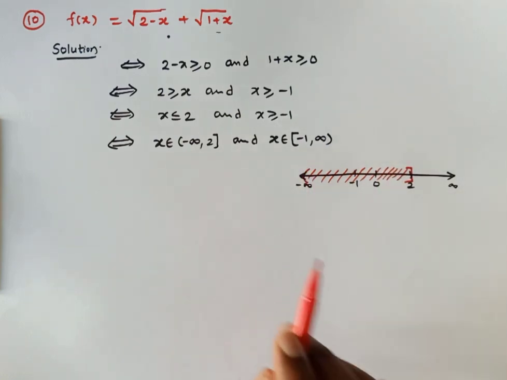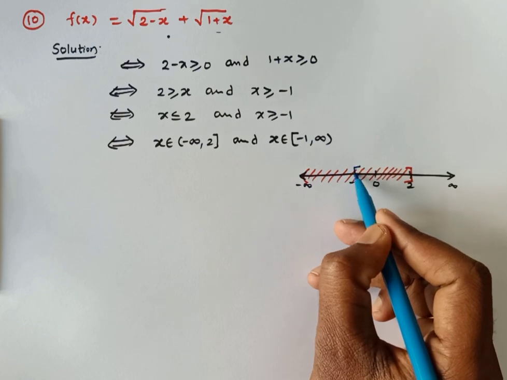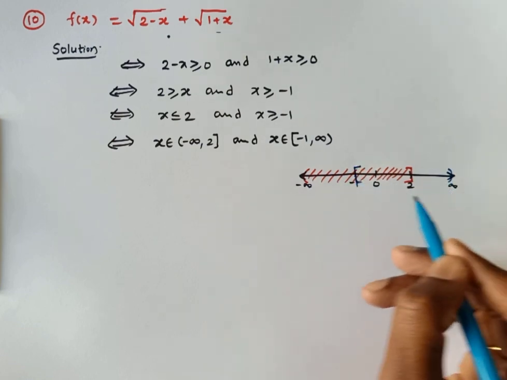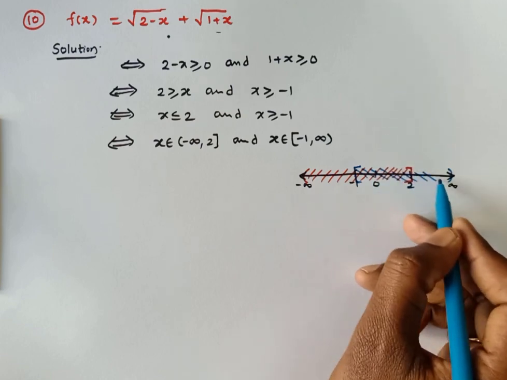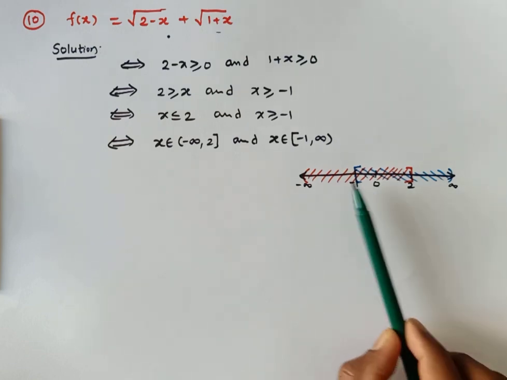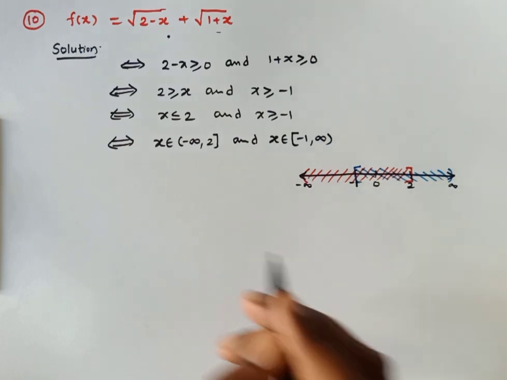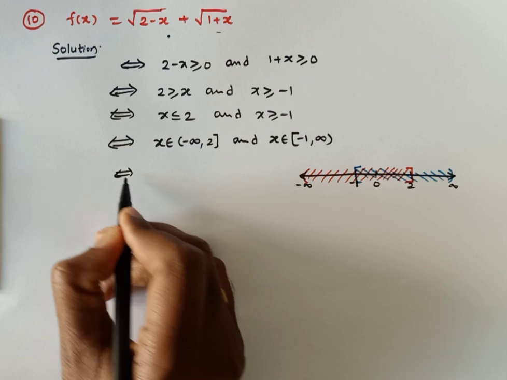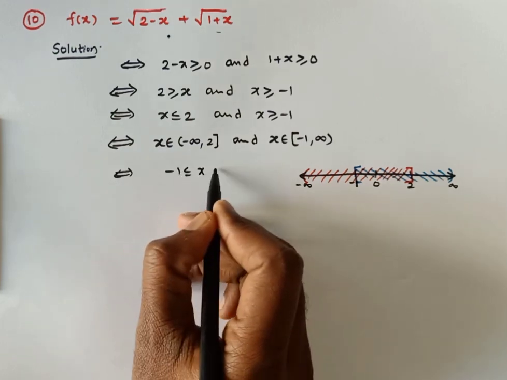Okay, and one more thing is there, that is -1 to infinity. So it means it is -1 and up to infinity. Now identify the region for this interval. Now where these two intervals clash, the intersection values are these two things, right? So the intersection starts at -1 and ends with 2. So this implies, if and only if, we can express this as -1 is less than or equal to x is less than or equal to 2.